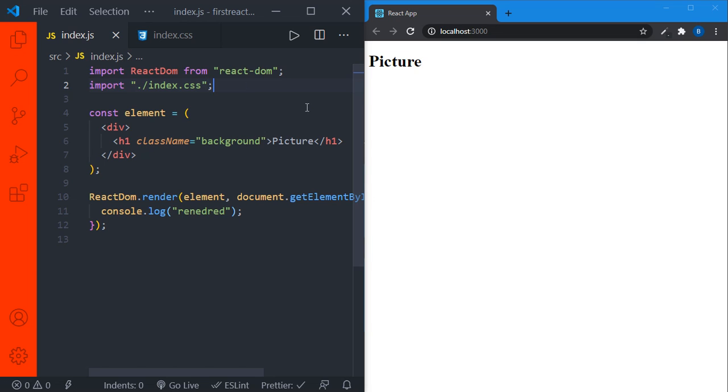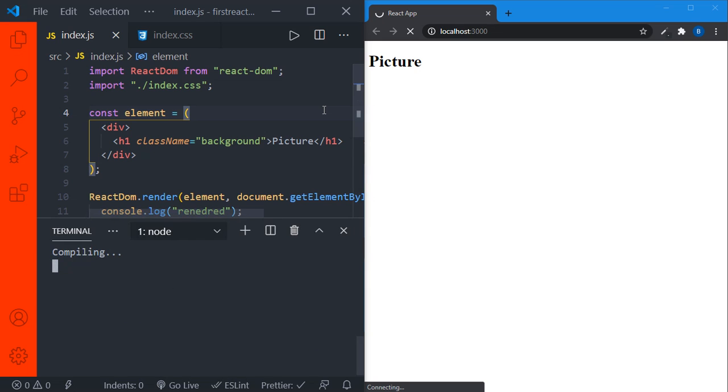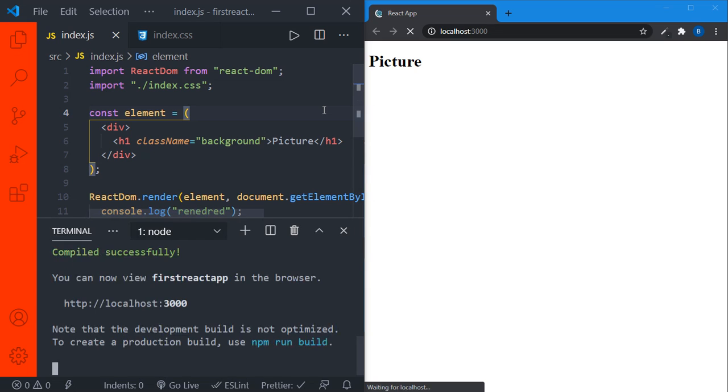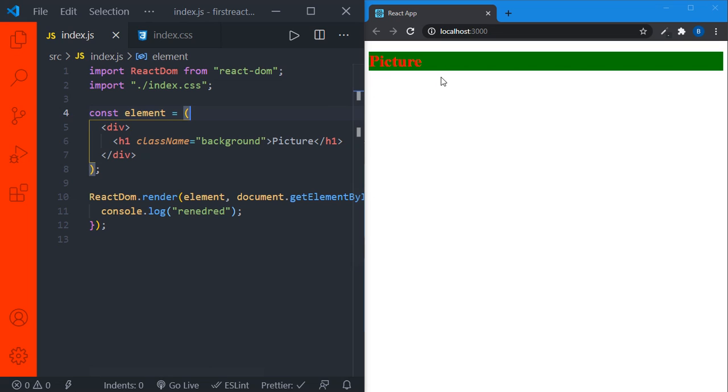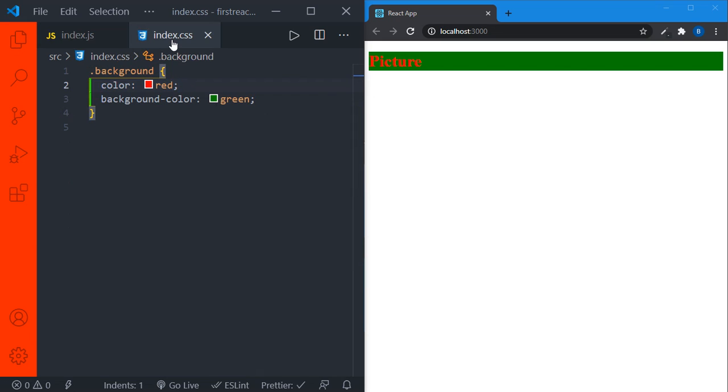Once do refresh your browser. It is taking time. Let us see what is going on in our console. It is compiling. Actually, it won't take much time. Yeah, it is successfully compiled. Now you can see over here our styles are being applied. That is, the background is changed to green and the color of the picture is changed to red. That is what we provided here, right? The color of the picture should be red and the background color should be green. So that is how we use class name attribute,